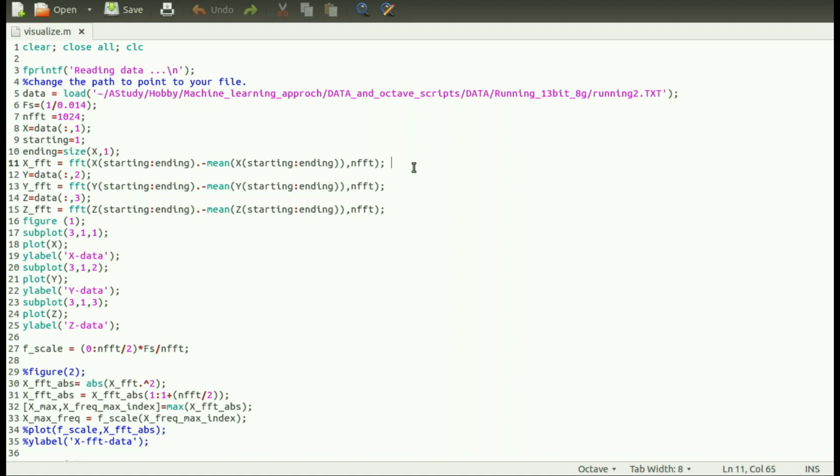If the waveform has a considerable DC shift, like the accelerometer reading is not at 0 but let's say at minus 50, and the signal is oscillating around minus 50, then that minus 50 will act as the DC and show up at 0 hertz, and it will act as the dominant part if its magnitude is quite high.